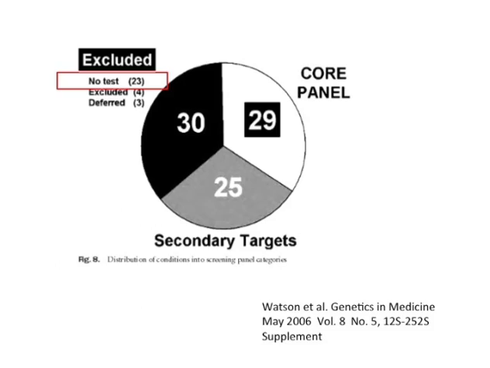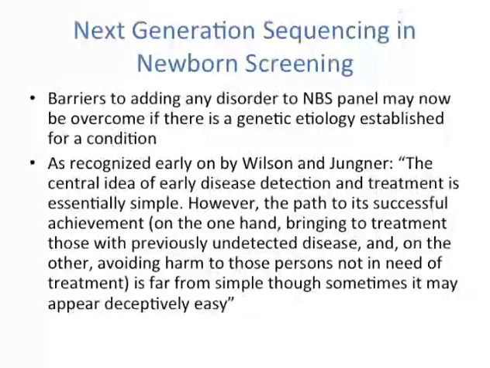So now with the use of sequencing and next generation sequencing, theoretically barriers to adding any disorder to a newborn screening panel can be overcome if there's a known genetic etiology for that condition. However, as recognized early by Wilson and Jungner in thinking about screening, the central idea of early disease detection and treatment is simple. However, the path to its successful achievement, bringing to treatment those with previously undetected disease, and on the other hand, avoiding harm to those persons not in need of treatment, is far from simple,